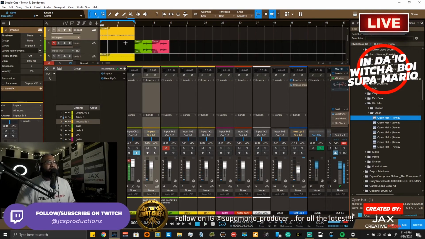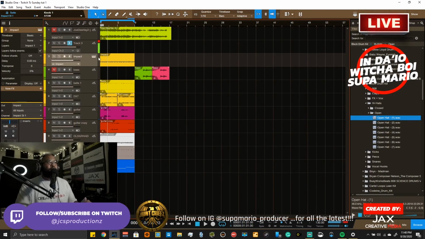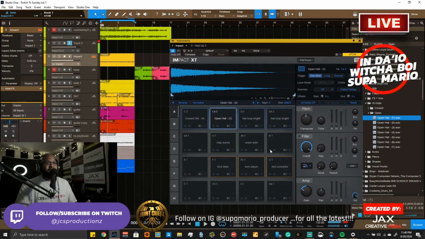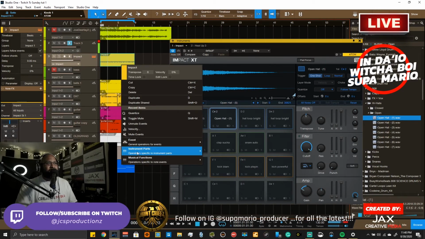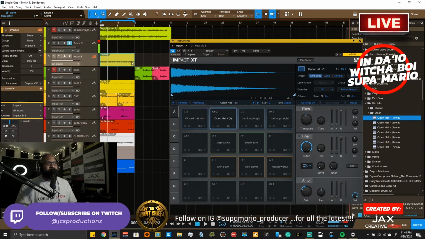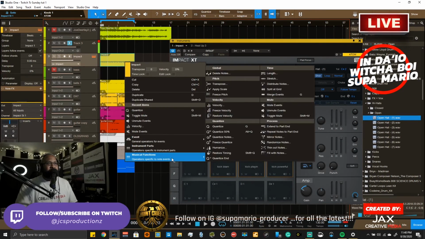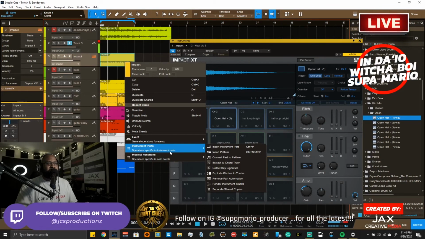Now, for mixing purposes on Personas, if you wanted to work with the individual mixing channels for each of these pads, what you would have to do is basically right click onto the impact MIDI note clip, right? Then you have to go down and let me see if I can get this right. All right, cool deal. We're going to go to instrument parts. And what we want to do is